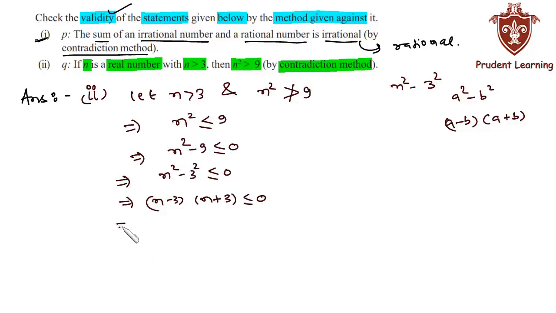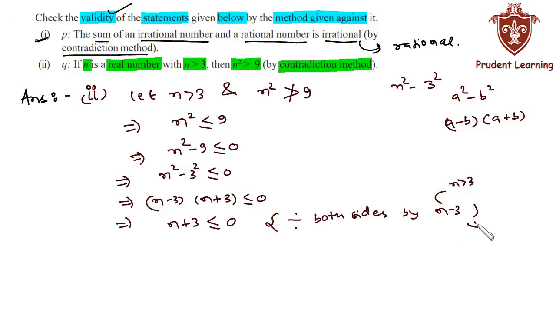Now dividing the whole inequality by n minus 3, we'll get n plus 3 is less than or equal to 0. Here we have divided both sides of the inequality by n minus 3. Since n is greater than 3, therefore n minus 3 is always positive, and hence we have not changed the direction of inequality, which means n is less than or equal to minus 3, which is a contradiction to our assumption, as we have assumed n to be greater than 3. So we'll write which is a contradiction,